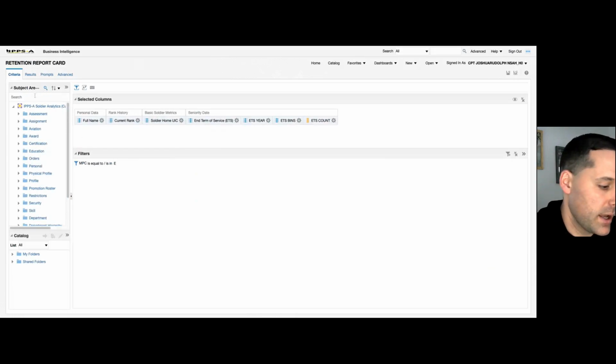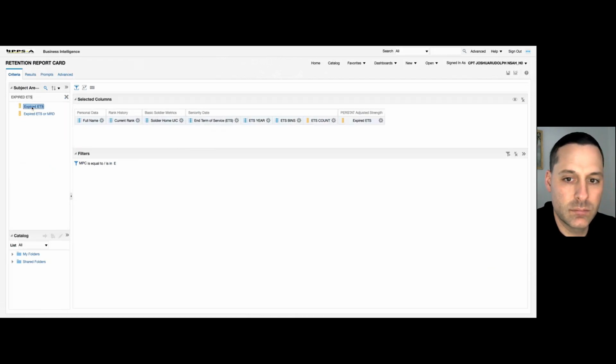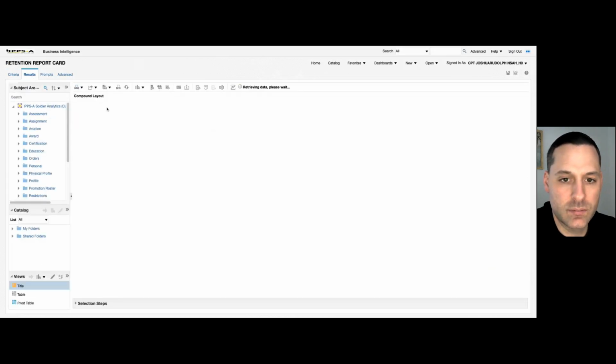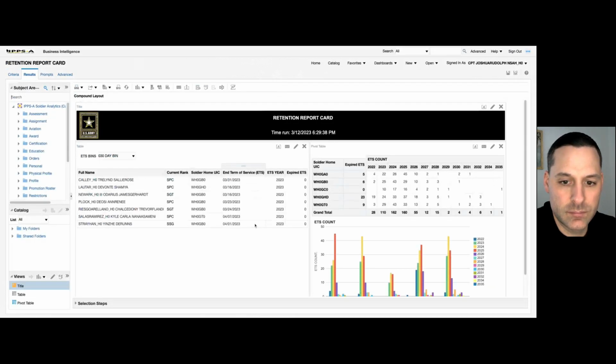And I'm also going to add my expired ETS count. Select results. So now that I have my expired ETS count input in here,